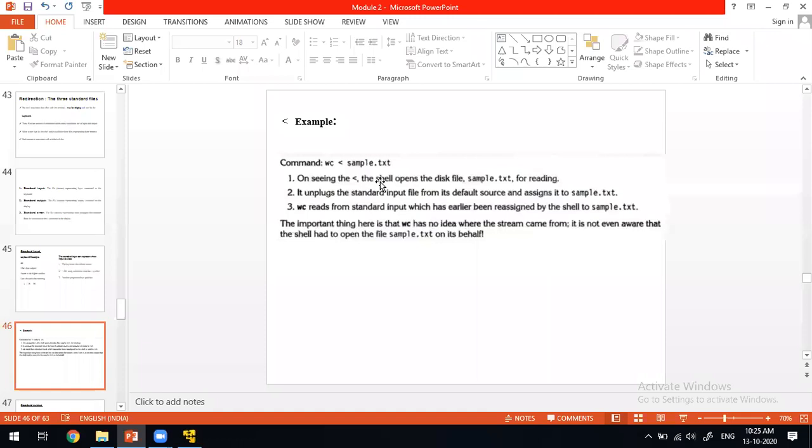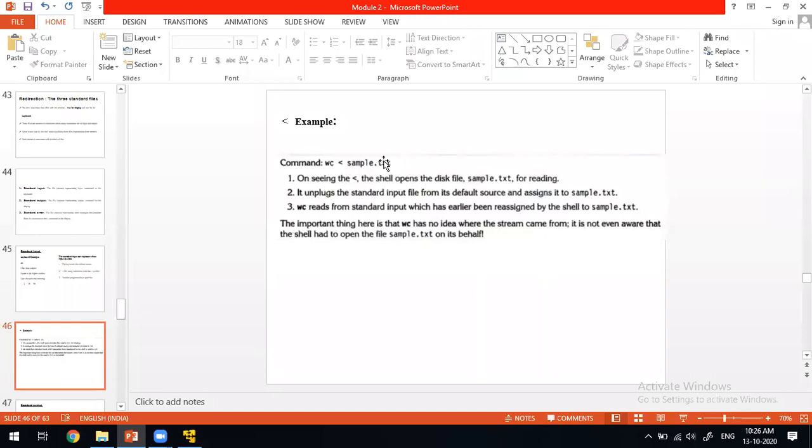Then what the shell will do is, whenever you execute this command, it will open this sample.txt and read the content. By default, the standard input file knows the address of the keyboard. But now the input is going to come from the file on disk. In the hard disk, the sample.txt is there.